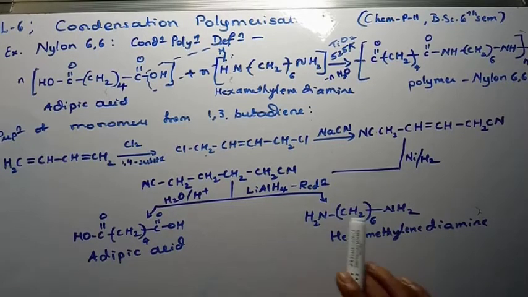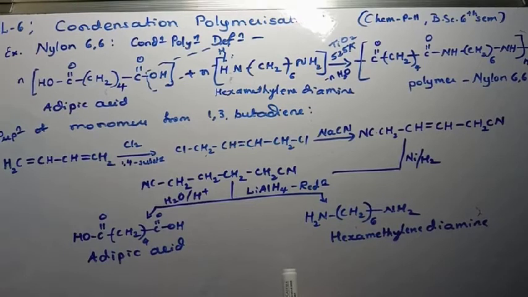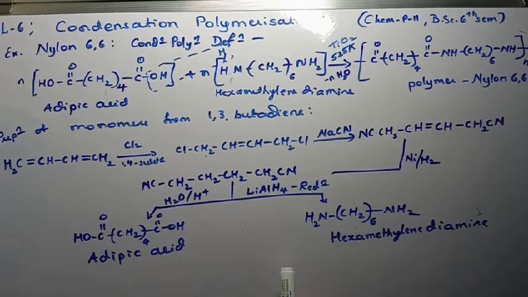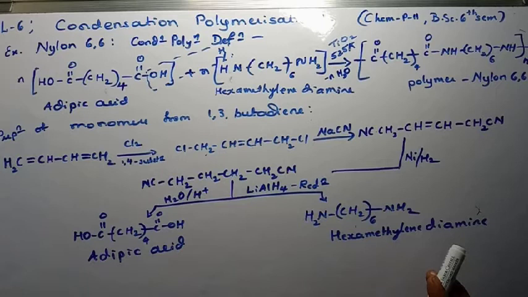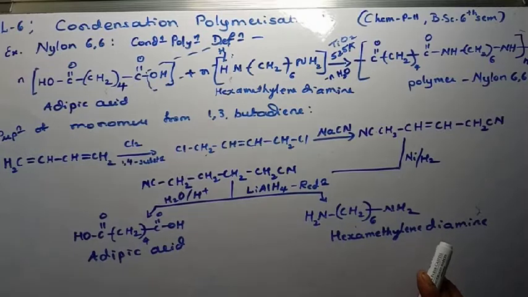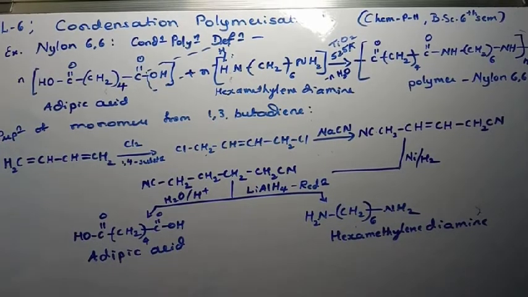With this, nylon is used mainly in textile industries and also in mechanical industries. That means in the preparation of parts of automobiles, like gears, bearings, tires, and also in the preparation of ropes, and even in electrical devices they are used because they are good insulators. So with this, we'll move on to the next one, that is differences between